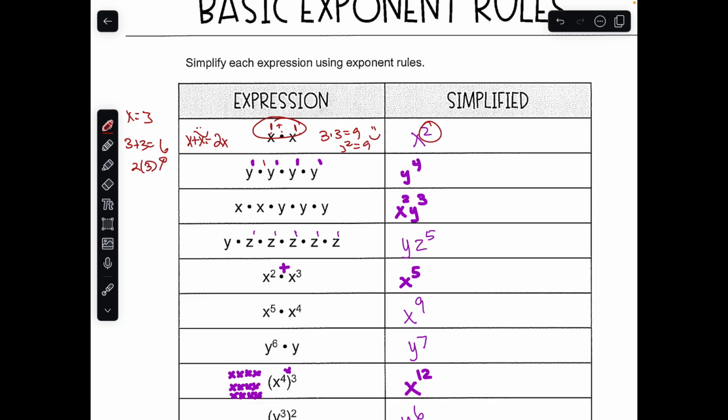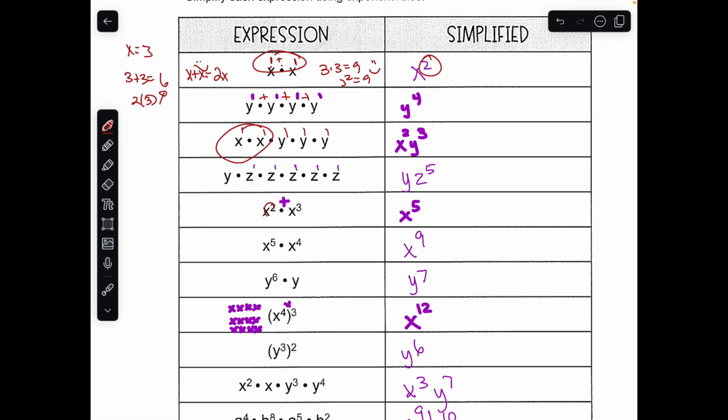So we add up our exponents. If there's no exponent there, there's at least 1. So we have all these are 1, and these are 1. And why we do x's first, because it's alphabetical, then y is second. And then when you have bigger numbers, you just add those bigger numbers. So 2 plus 3 is 5. And so forth,